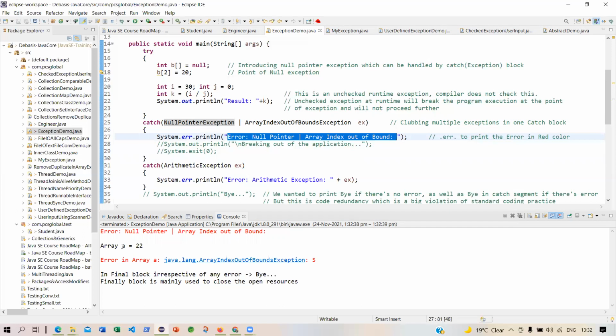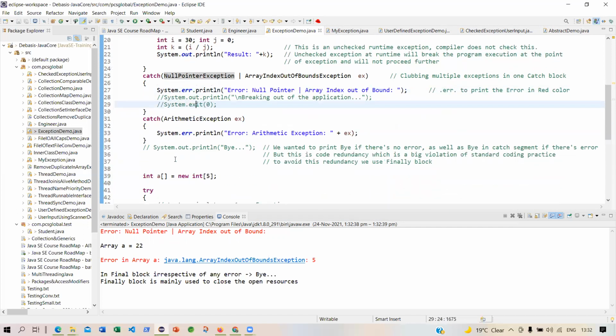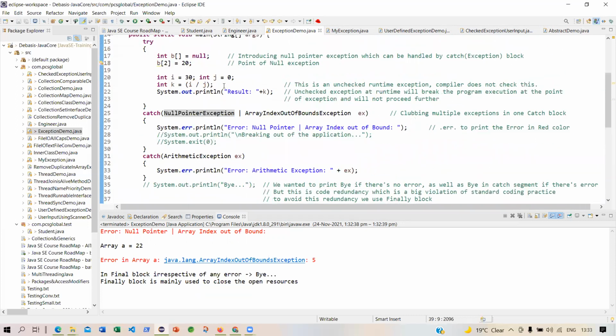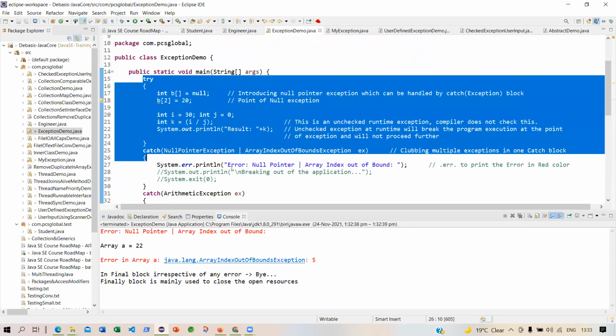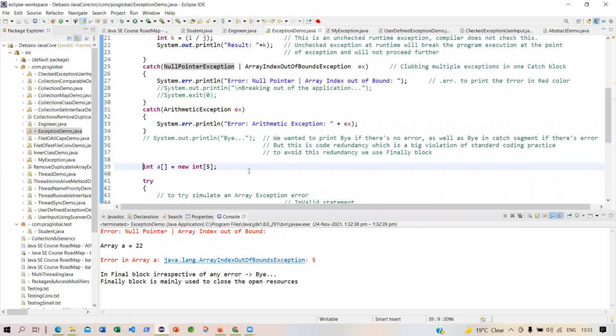But why the array error? Because it has exited the entire try block, but it has come over here. It will continue the execution. It will not come out of the entire program. It will come out of the try block, the entire block, but it will continue from this point after the last catch, and finally, if there was any.